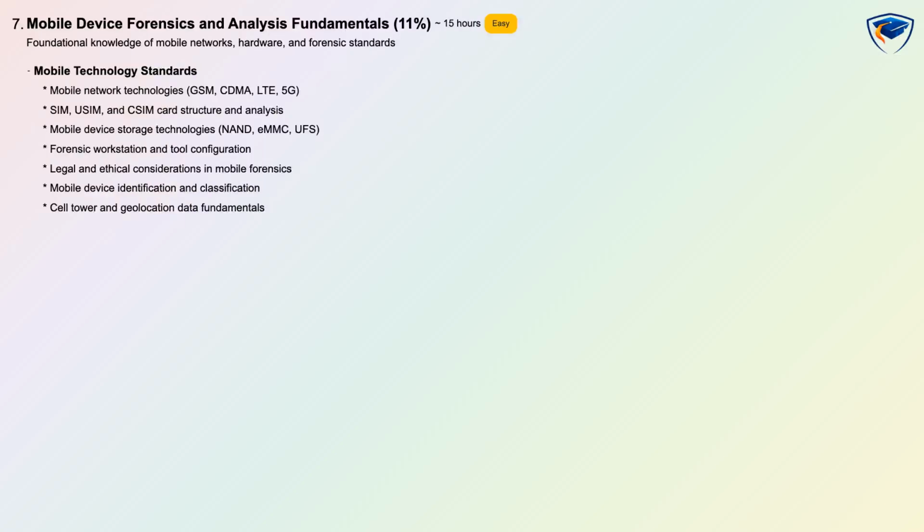Mobile device forensics and analysis fundamentals is 11%, easy, and takes about 15 hours with conceptual and scenario-based evaluation. This foundational domain teaches mobile network technologies like GSM, CDMA, LTE and 5G, SIM and USIM card structure, and common storage technologies such as NAND, eMMC and UFS. Candidates will also learn forensic workstation setup, legal and ethical considerations, device identification and classification, and basic cell tower and